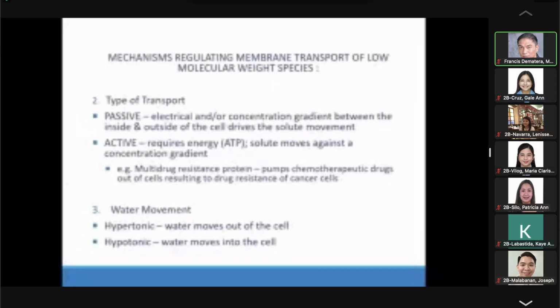As for water movement, this is movement of water in or out of the cells. This is passive and it is directed by solute concentrations. So for example, intestinal and renal cells rely on the solute concentrations set by the sodium potassium ATPase pump.